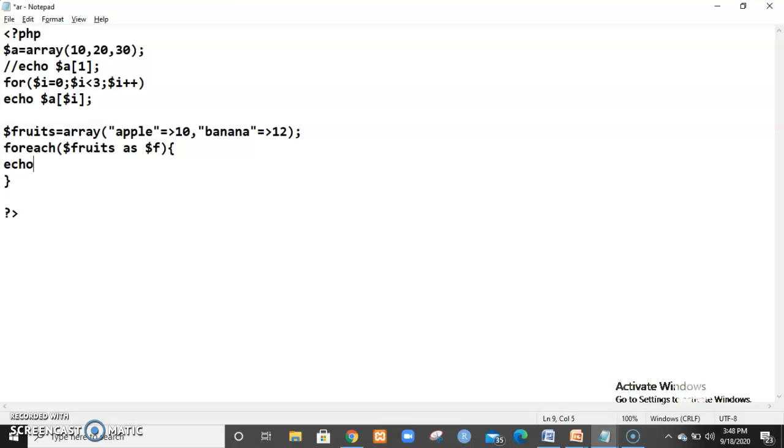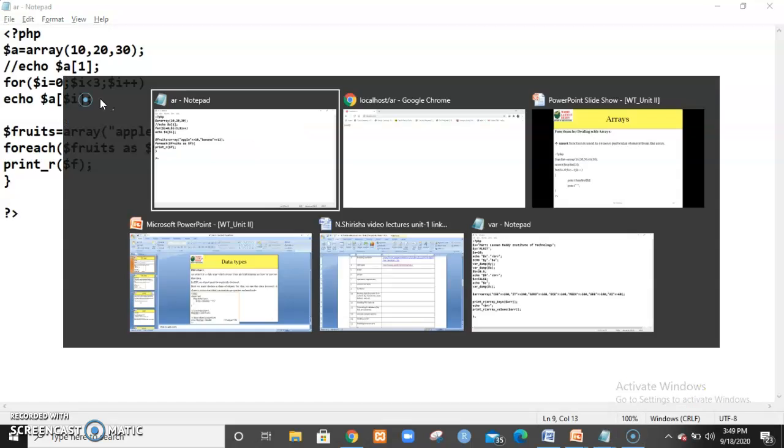So here I'll just write echo $f, or you can use print_r, the print underscore r function for associative arrays. Give a semicolon.